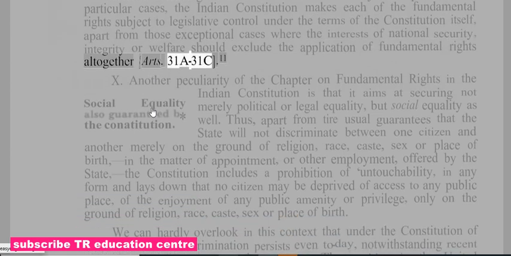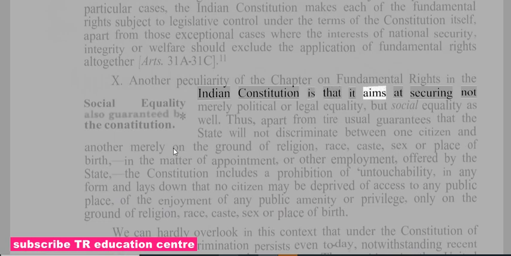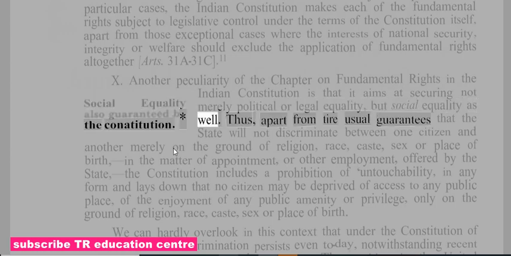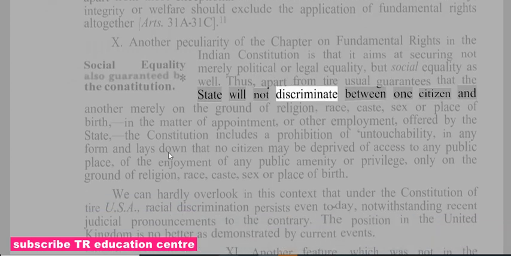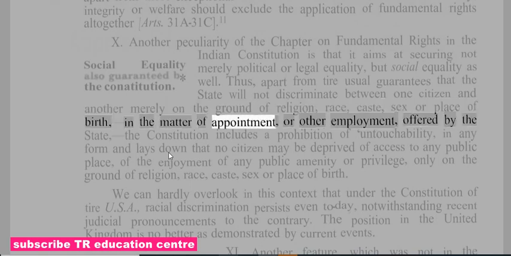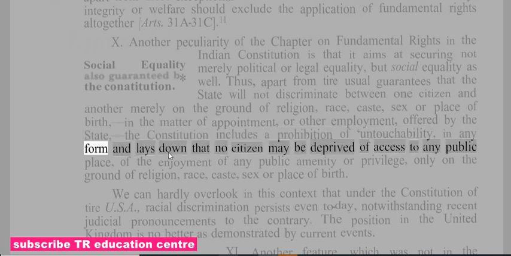Another peculiarity of the chapter on fundamental rights in the Indian Constitution is that it aims at securing not merely political or legal equality, but social equality as well. Thus, apart from the usual guarantees that the state will not discriminate between one citizen and another merely on the ground of religion, race, caste, sex or place of birth, in the matter of appointment or other employment offered by the state, the Constitution includes a prohibition of untouchability in any form and lays down that no citizen